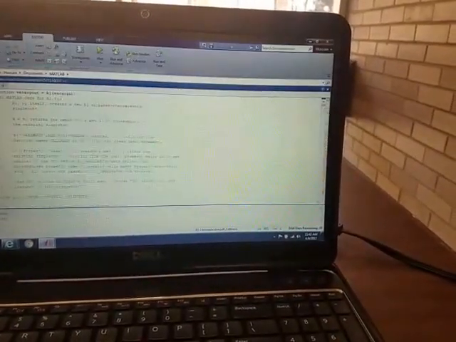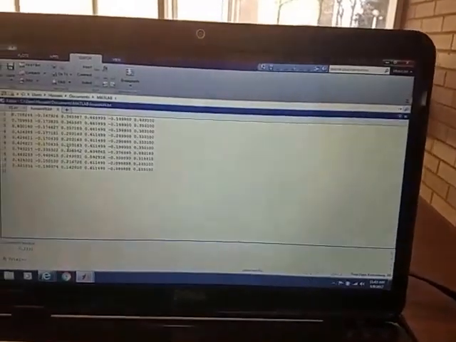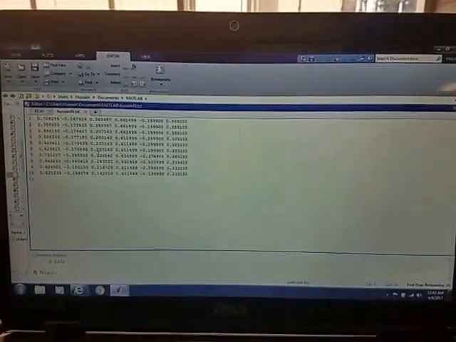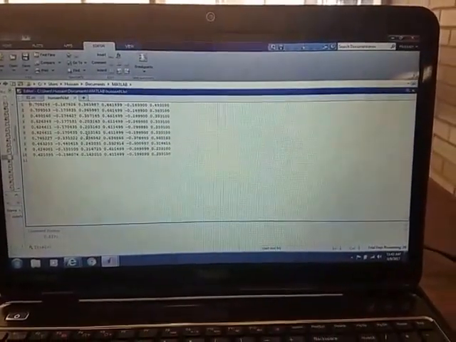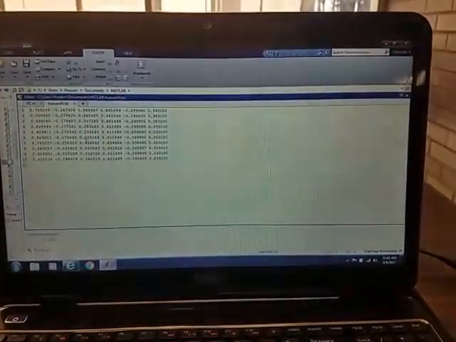Here, as you can see, we can move here. This is the text file that I'm using, and after 10 steps like that and saving the data, this is what we get. We get a text file that has all 10 samples. I will be using only 8 out of the 10 samples,